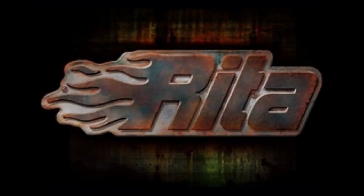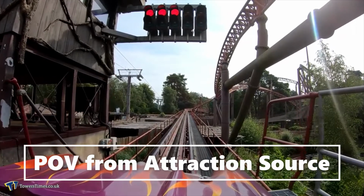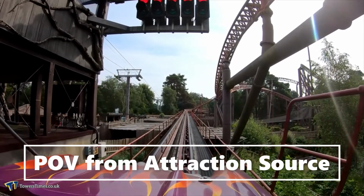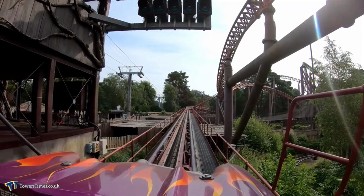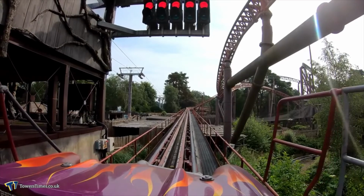So overall the dungeon is just fine. There's not really anything bad, but it's just not worth an upcharge really, but it's Merlin, it's kind of to be expected. And then we headed on to Rita,